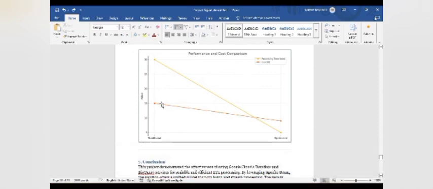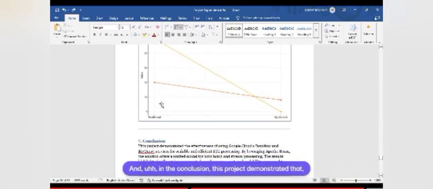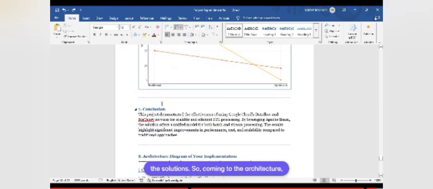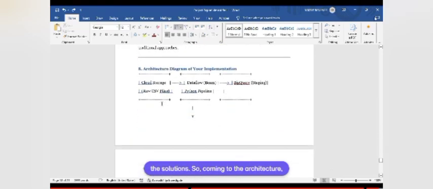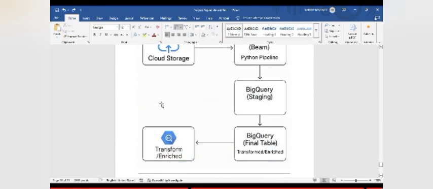In conclusion, this project demonstrated the use of Google Cloud Dataflow and BigQuery services for scalable ETL processing by leveraging Apache Beam in the solutions. So, coming to the architecture, this is the architecture that we have